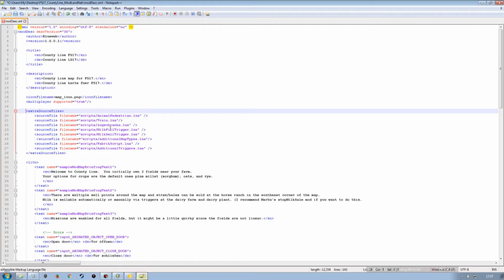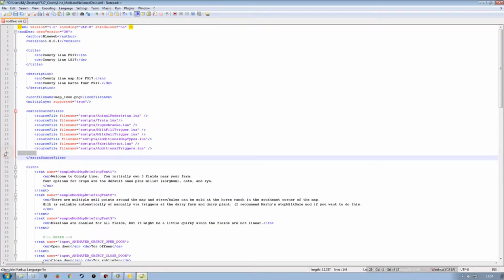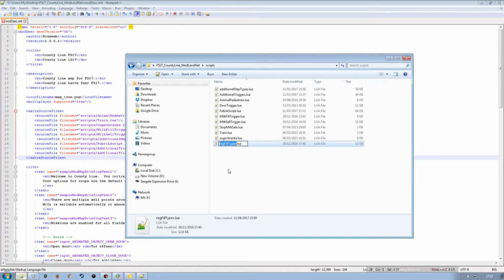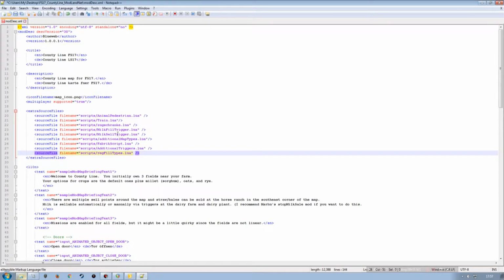I need to then make sure that that's all set up in here, which it is not. So I need to then make a duplication of this line, paste it in. Then I can actually take the text from here, copy that, come back over, paste it in. Perfect. Now obviously if you're working with a map that already has the reg field type script on it, brilliant,